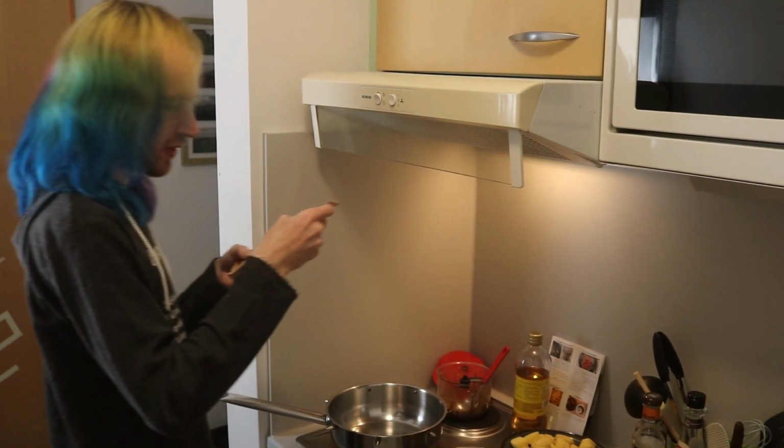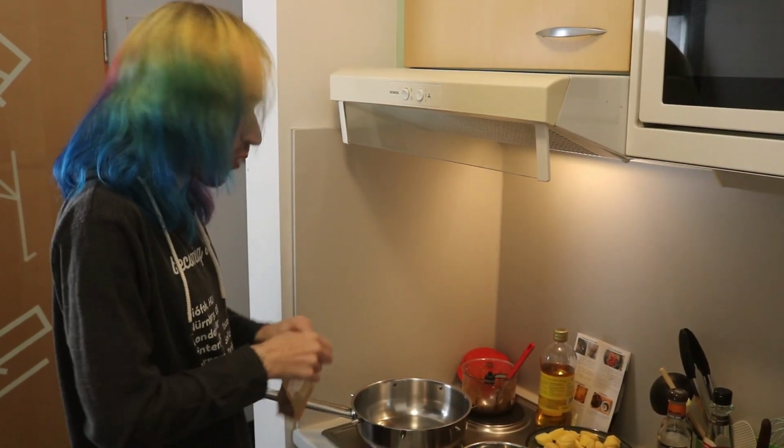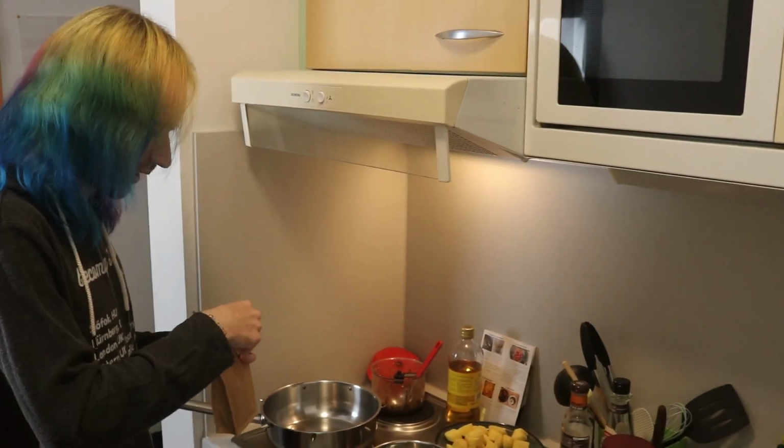So while that is happening, I have jasmine rice here. 200 grams. I'm gonna wash the rice while we wait for the pan to get hot, even though I feel like it's already hot, but like...